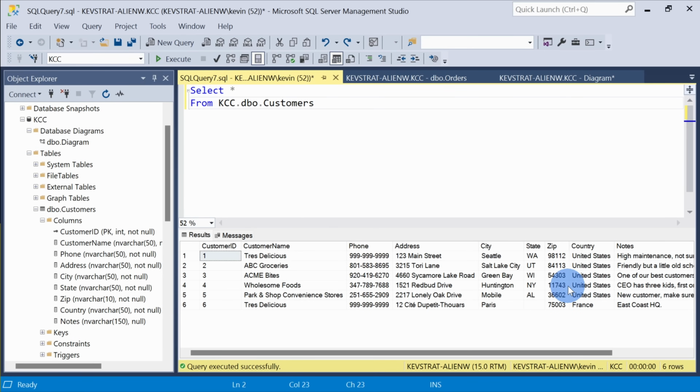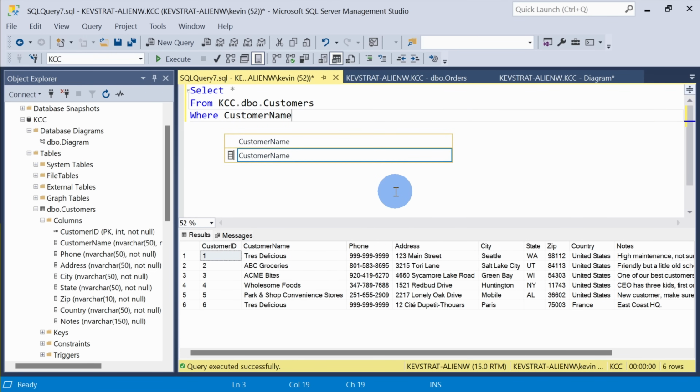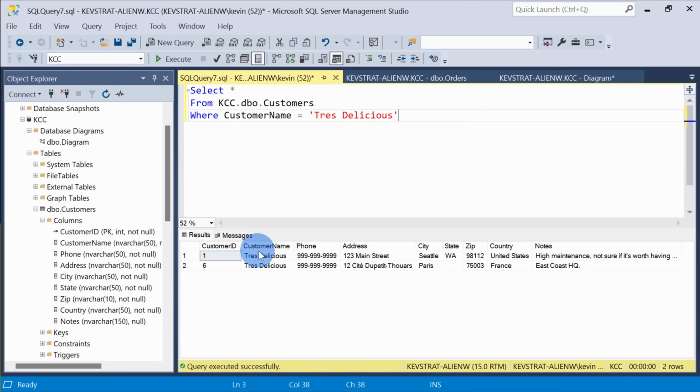I've now gone back to the base query where we get all of the records back in this table. Now, let's say I want to filter down to the customer Trey Delicious who's located in the United States. Once again, I can enter where, and here I'll type in customer name equals Trey Delicious. When I run this query, I get 2 customers back, but once again, I only want to see the one